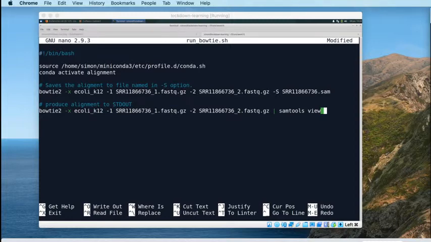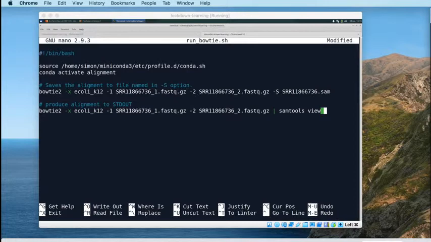Obviously, the E. coli genome is quite small. If you were to do a 30-fold human sequencing experiment, you're talking about 90 billion bases of coverage rather than 300 million bases. So many fold more, many times more data. And you don't necessarily want to write that alignment out. If you then align that data to the human genome, you don't necessarily want to write that alignment out as